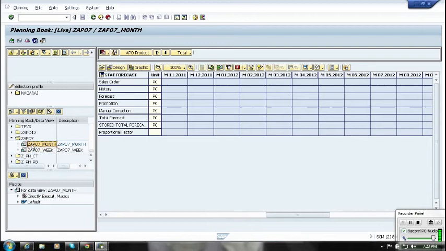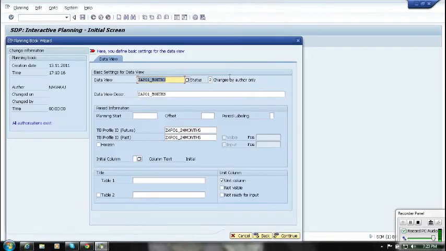So based on the data view only, the screen will appear like this, with the key figures and the months and all those things. If I select this 24 months, our planning book and our data view will be the same layout. It means here I want to see my future data till 24 months and I want to see my past data till 24 months.